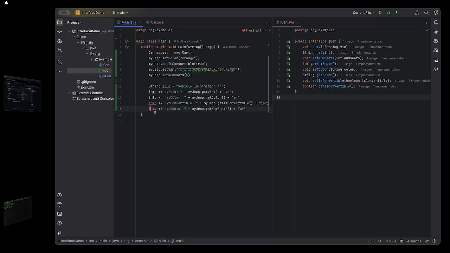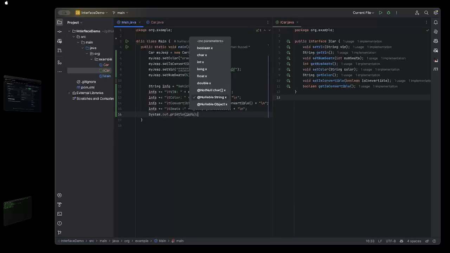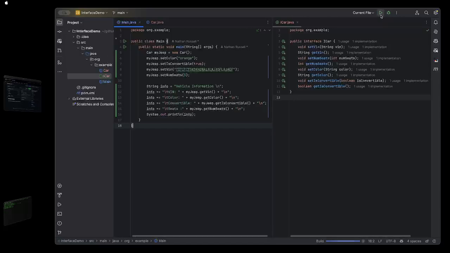Okay, looks like I got a spelling issue here. All right, and then what I'm going to do is I'm going to say system.out.println, and I'm going to say print the info, and then let's see what happens. So I'm going to hit this. There's a chance we may have an issue, but let's just see what happens. So when I run this,